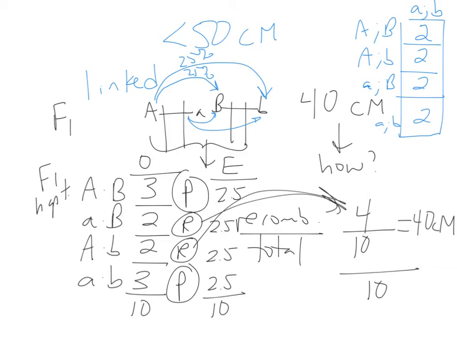We haven't looked at very many offspring, guys. We've looked at 10 individuals. If, as I've drawn up here, they are unlinked, what should the genetic distance be? Easy question. 50. We calculated 40. We've only looked at 10 offspring. What happens if we look at one more offspring and it happens to be a little a, big B? And what happens by chance if we look at one more offspring, we take 12,